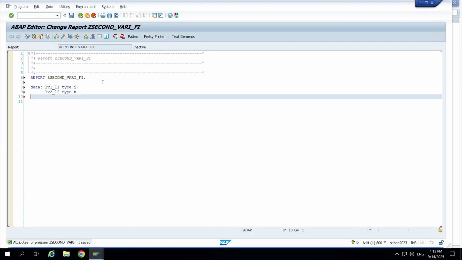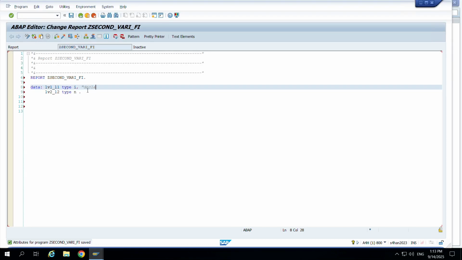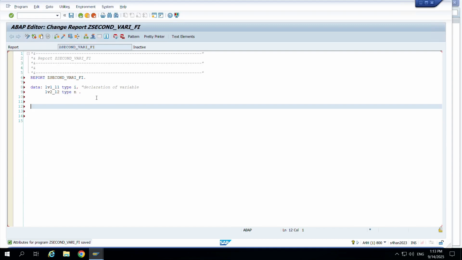Okay, now this is a chain operator. See, we are declaring two variables using a single DATA keyword and giving this colon. This is called the chain operator. We can declare multiple variables using a single DATA keyword by giving this chain operator. Now this is called declaration of a variable